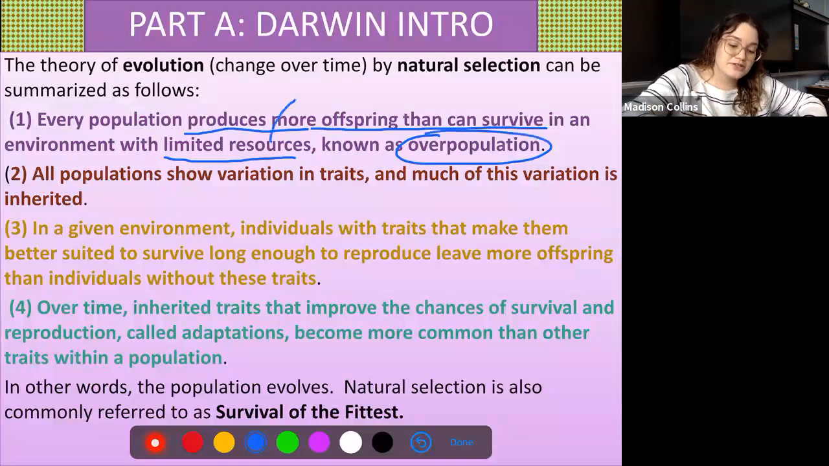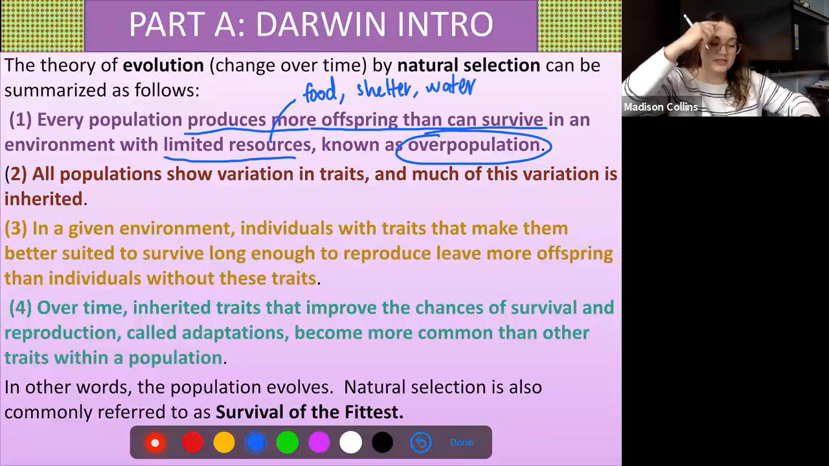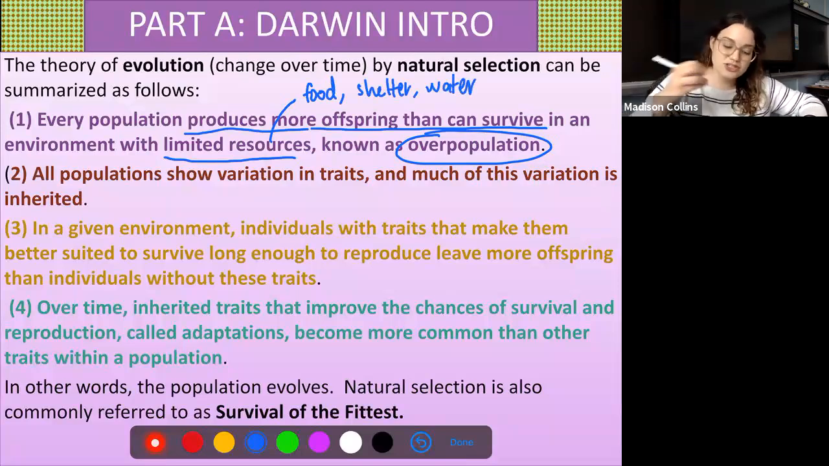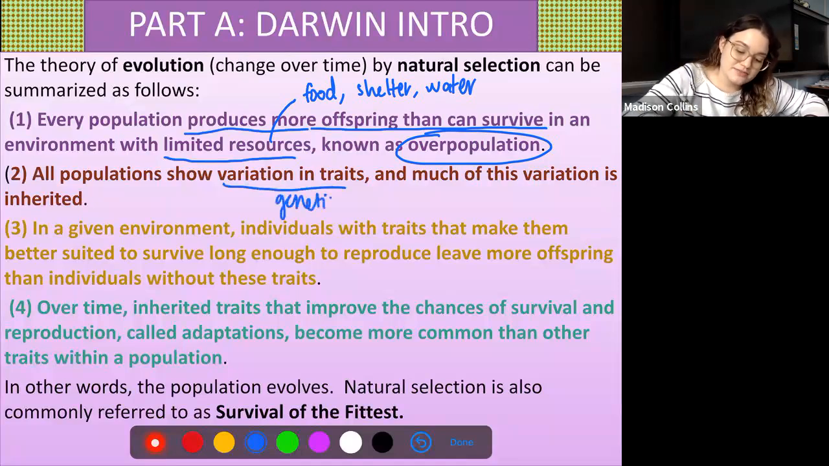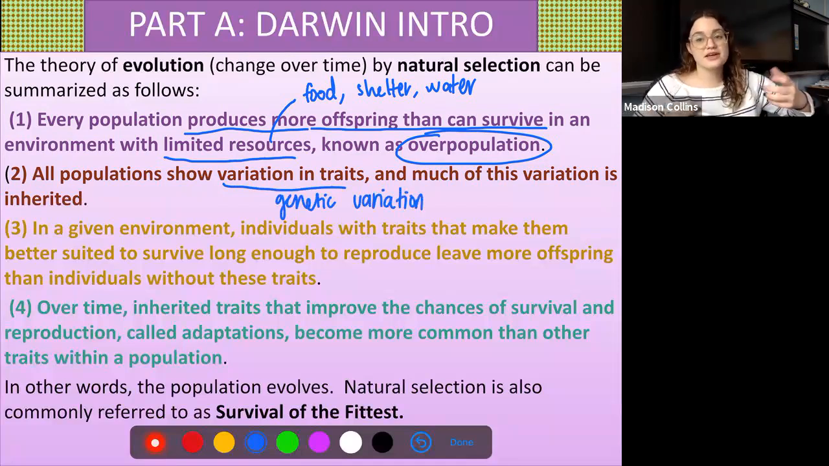Now, when we're talking about resources, we're talking about things like food, shelter, water, what resources are available in that environment. Now, all populations show variation in traits, right? This is what we know as genetic variation. So in the previous example, we saw that some mice were black, some mice were tan. There's that natural genetic variation present in species. And much of this variation is inherited, meaning it is passed on from their parents